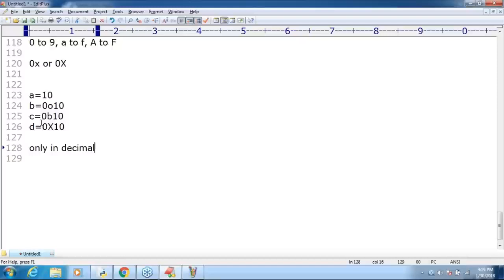The sizes are not fixed, because the value is stored in the form of an object. So we are not required to worry about the size or range. An integral value without a decimal point is always int type. That's all. In the next session we will talk about some more extra things in int, and after that the remaining things.